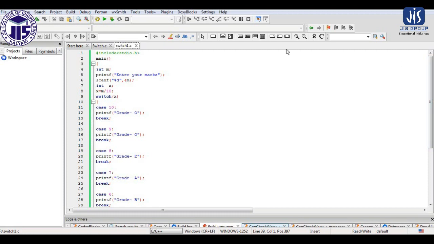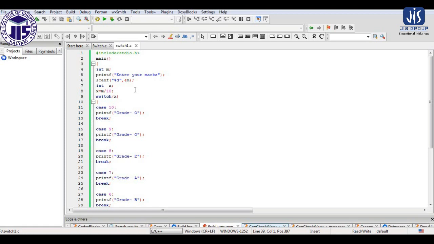Now here we have taken a variable m, which is marks basically, but the marks may be 90, 91, 92, 93 in that way. If I create a case for each, then we have to create 100 cases, because the marks may be 100, the marks may be 99, the marks may be 98 in that way. So here we have to create a total of 100 cases. So I have minimized the number of cases by using a very simple logic.